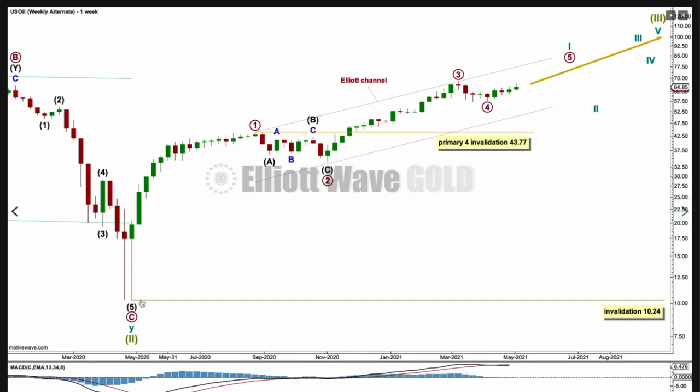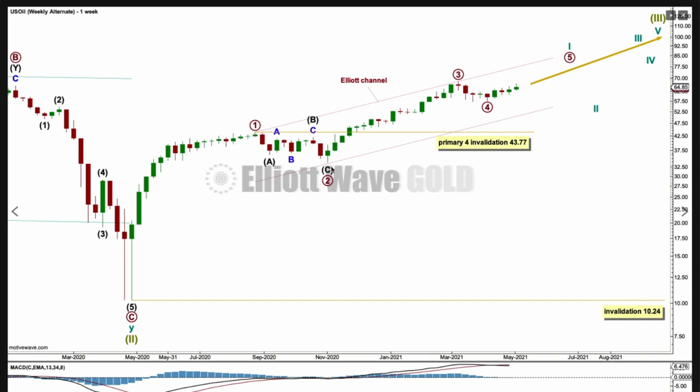At the weekly chart level, like I said at the first weekly chart, I was concerned about the brevity and the shallowness of cycle 2. So what if we move it down 1 degree? I think this may actually have a better look. But the duration, this is a pretty long degree primary wave. That's okay. This does still fit quite well, and primary 2 actually now has a more reasonable look. We could even possibly move it down even 1 more degree, but then if this was just intermediate 1, that's actually a pretty long intermediate degree wave. So I've chosen primary degree for this alternate.